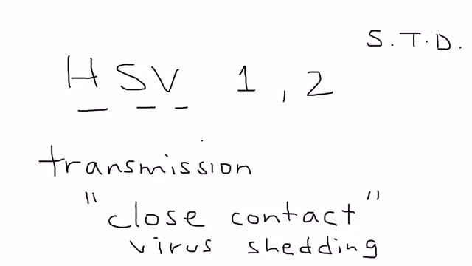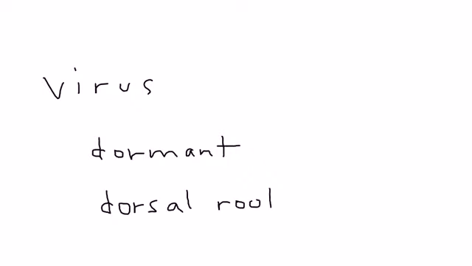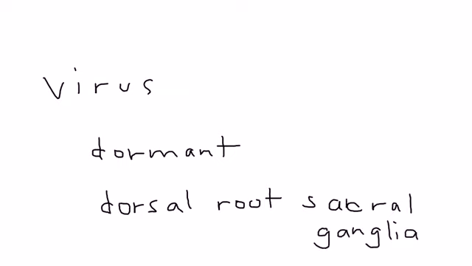Now, what's important about this virus, which is rather sad and unfortunate, is that it lays dormant in the nerves, in particular the dorsal root ganglia, dorsal root sacral ganglia. Now, what can happen is that this virus can be reactivated because of some triggers. So periodically you can get a recurrence of herpes,